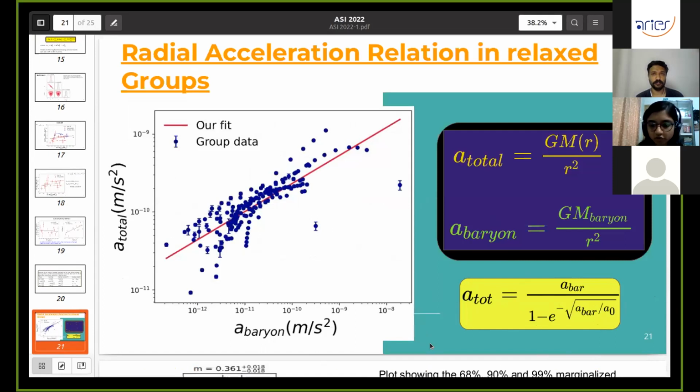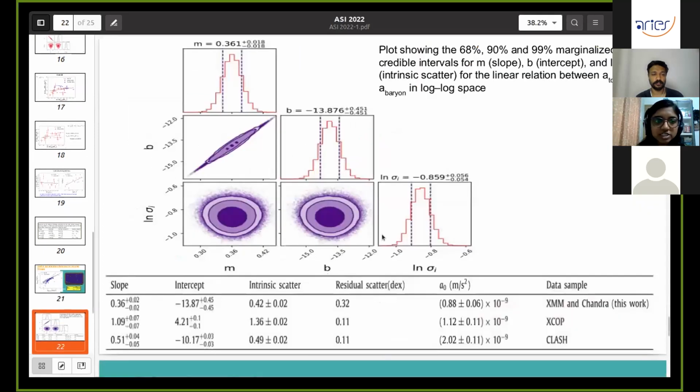So we have tested for the radial acceleration relation in the sample of galaxy groups. This is the plot showing the slope and intercepts of A total versus A baryon. There is a table giving a comparison of this RAR relation for our sample as well as for previous cluster works with cluster data. We are getting a slope of 0.36 with an intrinsic scatter of